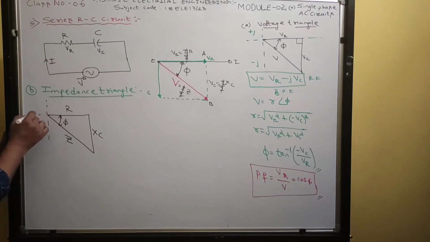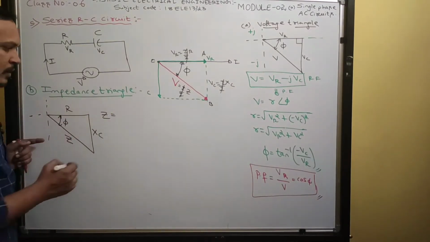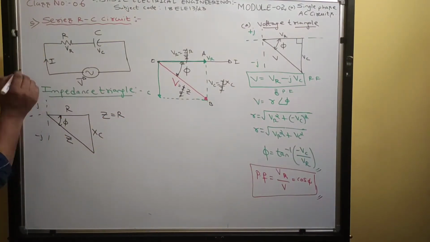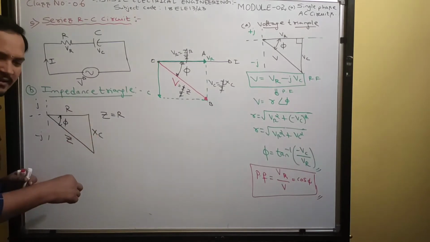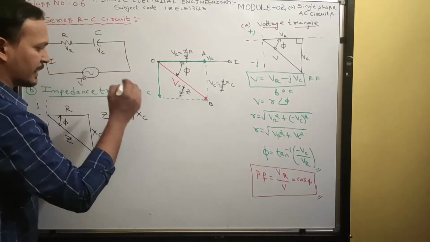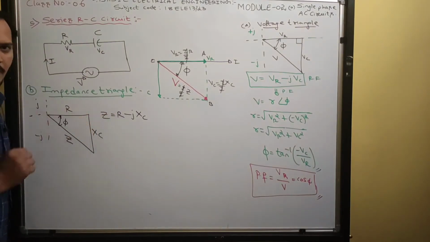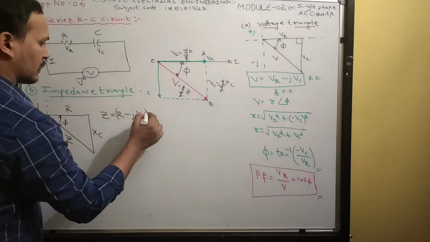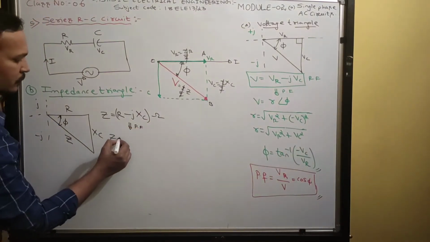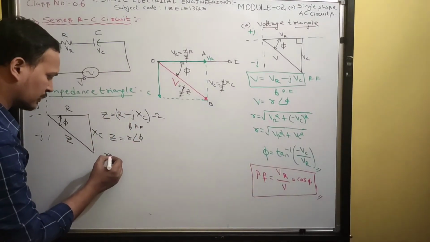Now draw the quadrant diagram. Now represent impedance in rectangular form. This is real part R, this will be minus J, this will be plus J. Where does XC lie? Very good. Minus J, XC. So R minus J XC. This is the impedance of the circuit in rectangular form. Now convert this into polar form. Default polar form representation is R at an angle pi. So how to calculate R?